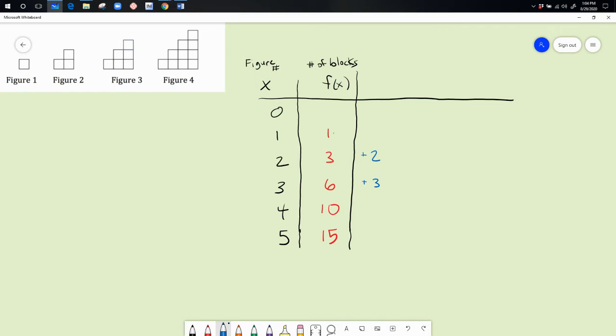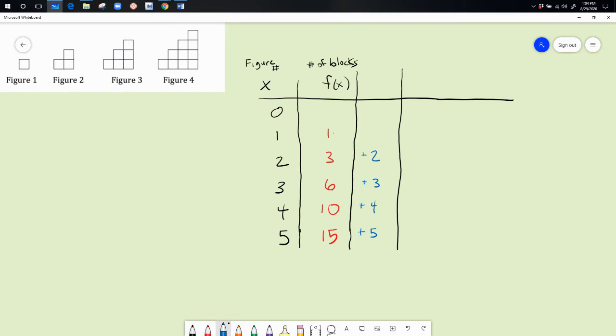Okay, so 3 plus 3 is 6. 6 plus 4 is 10. 10 plus 5 is 15. And hopefully you can see a pattern in the blue. So my original sequence is, of course, in the black and red. And we're going to call over here in the blue, okay, the blue is my